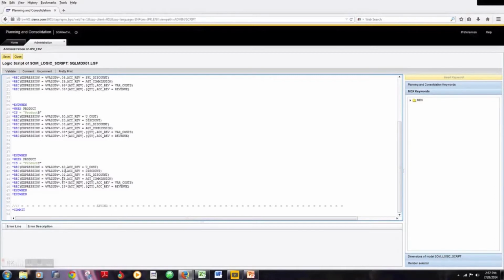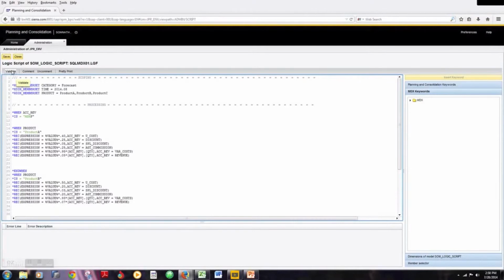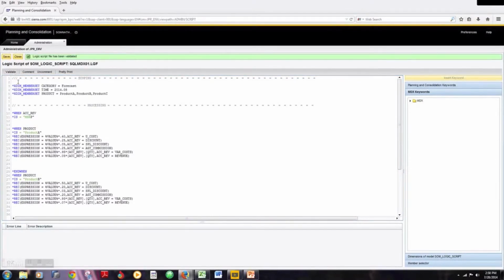Same thing we will do for product C, which is the third brand of car they have, and so the discount will be over here 15%, and the variable costs will go up to 92, and the revenue will come down by 5%, so it will be 0.08 over here. And so let's validate it,